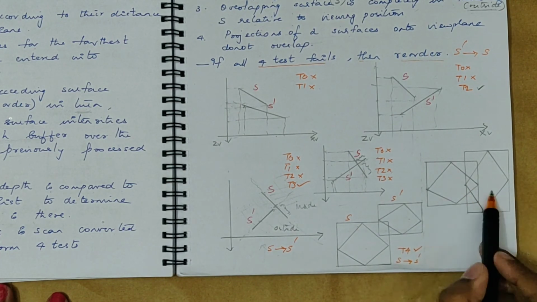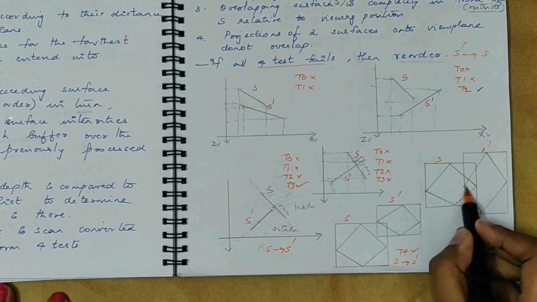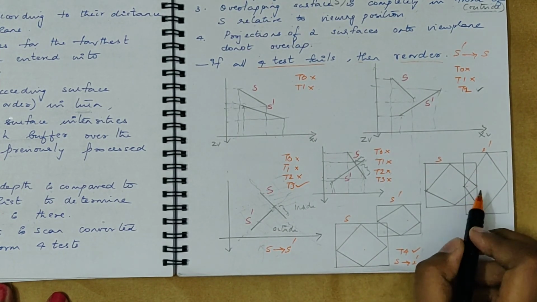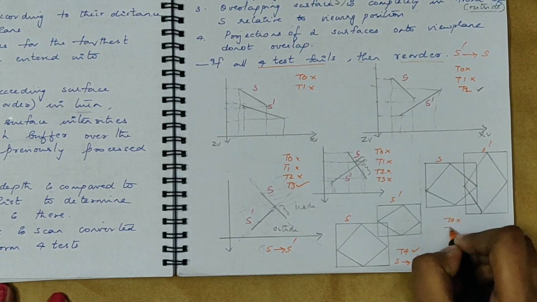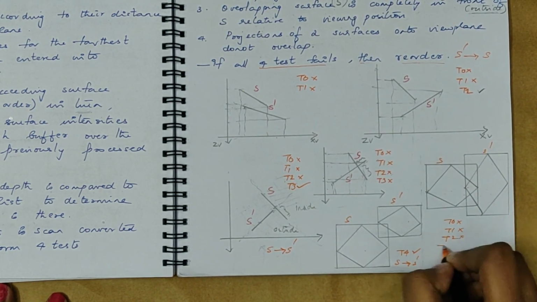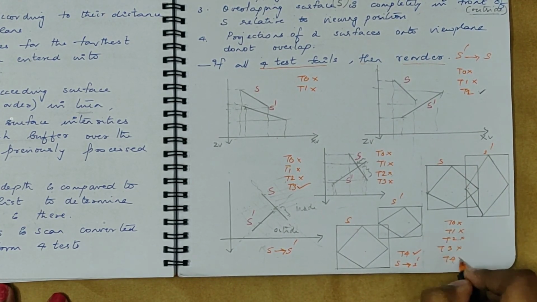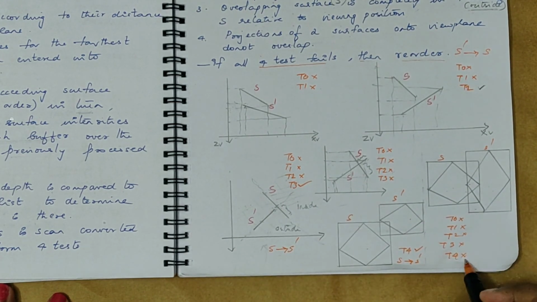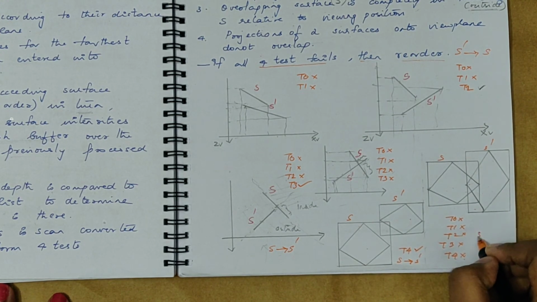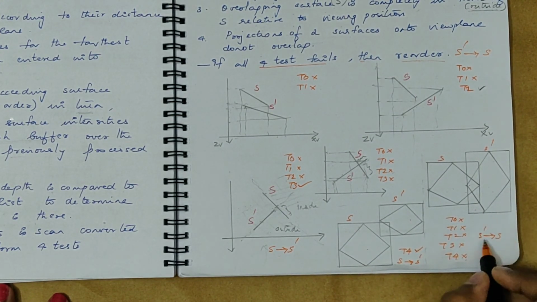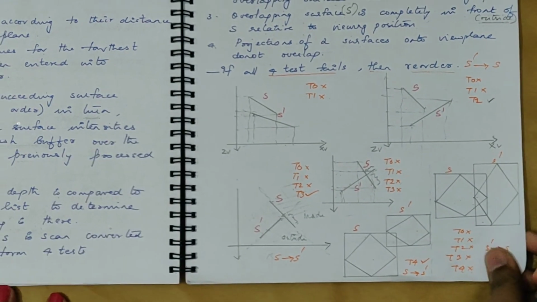But if there is overlap, if you look at this case, if this is S and this is S dash, here you can see that over this place there is an overlap between the 2 surfaces. You reach this point only if it fails all other cases. That is, test 0 fails, test 1 fails, test 2 fails, test 3 also fails. Here there is overlap, which means test 4 also fails. So when all these fail, only then you will reorder. You will scan convert S dash followed by S. So this is your depth sorting method.